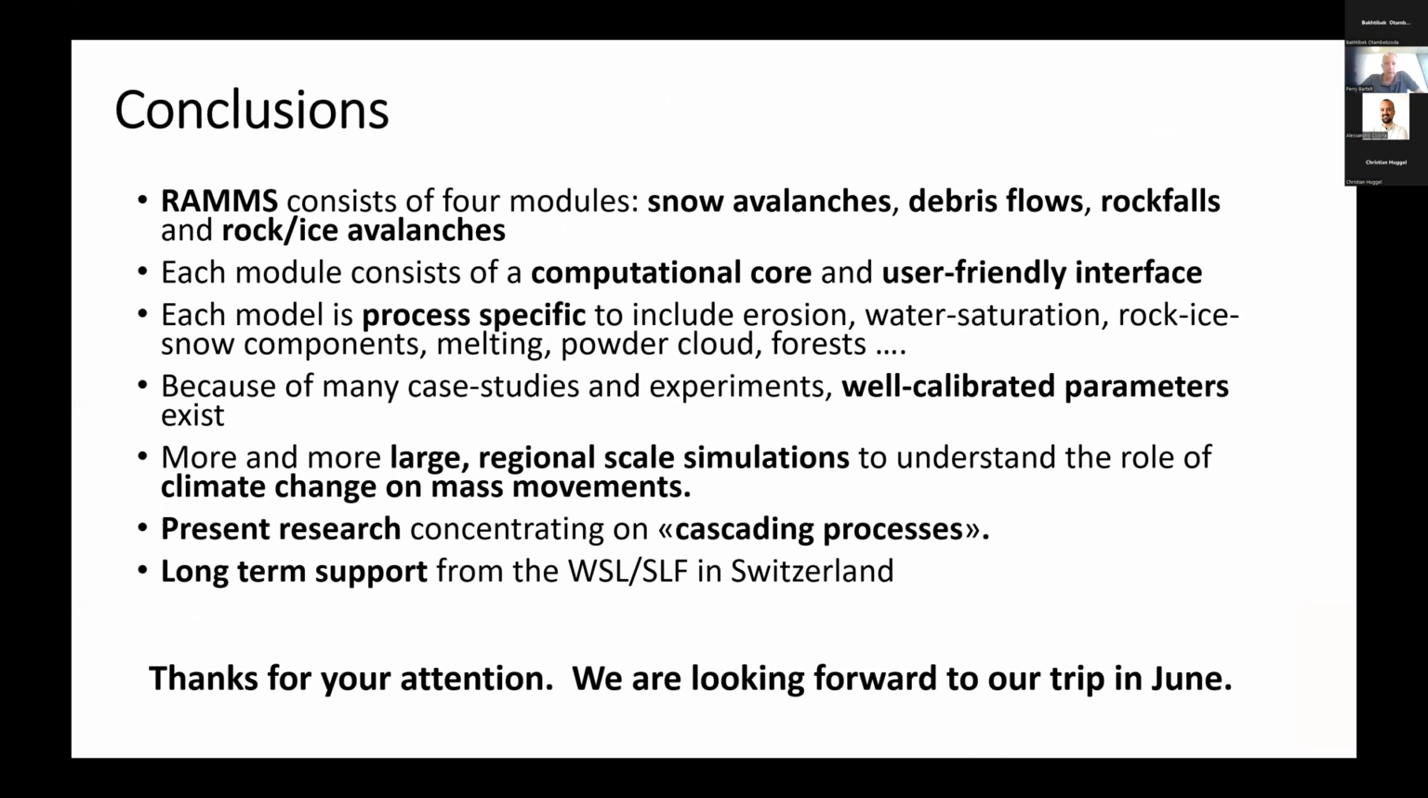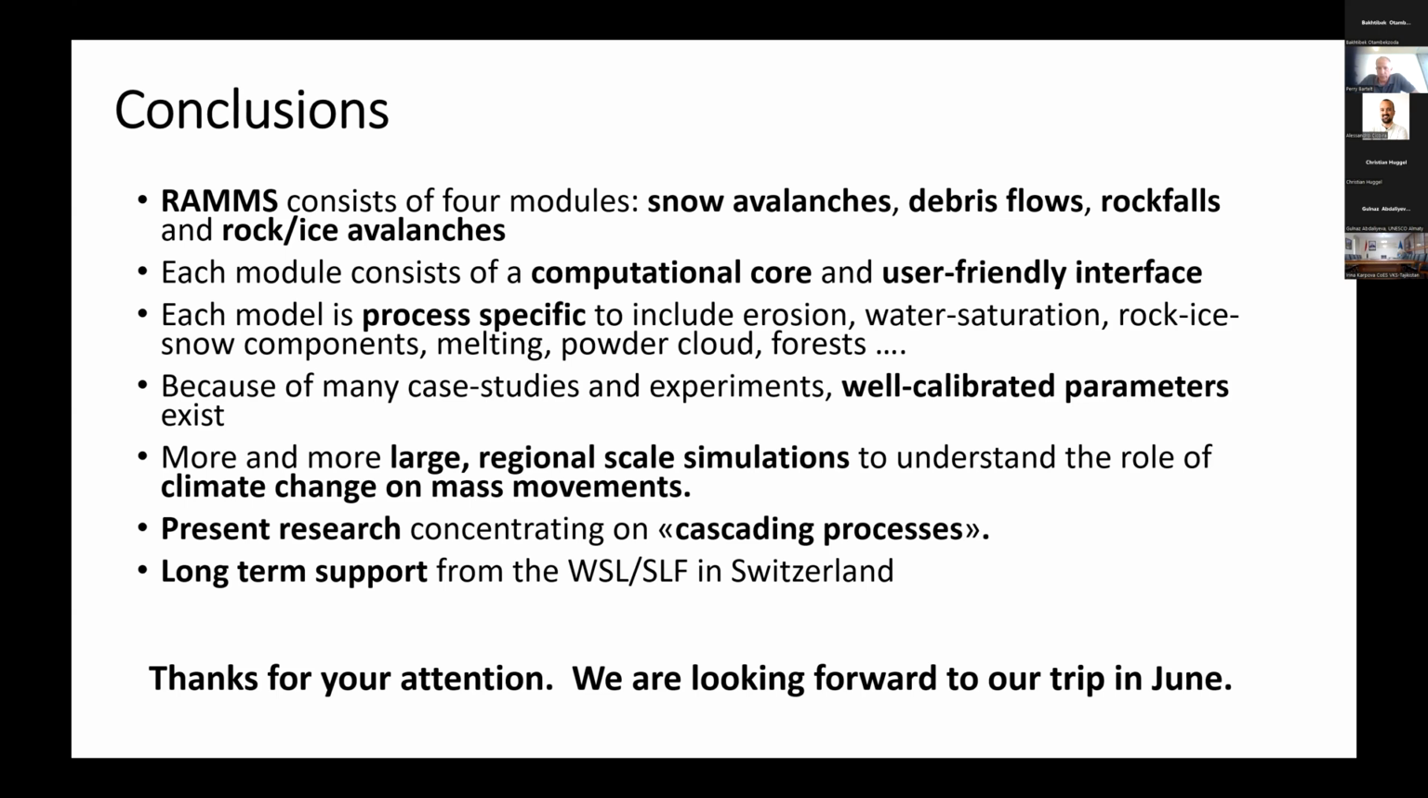In conclusion, RAMS consists of 4 modules: snow avalanches, debris flows, rock falls, and rock ice avalanches. Each module consists of a specialized computational core and a specialized user interface. Every process is process specific. That is, the erosion problem, for example the entrainment problem, is different whether you're considering a snow avalanche or a debris flow or a rock ice avalanche. So we have special purpose modules, and we want to use the best module for the specific problem. We have a pretty good idea of what the parameters are. So we have experience. It's not to say that we might not be confronted with an event that is going to cause us to scratch our heads, but we have a pretty good idea of what these parameters are and they can be used as a first